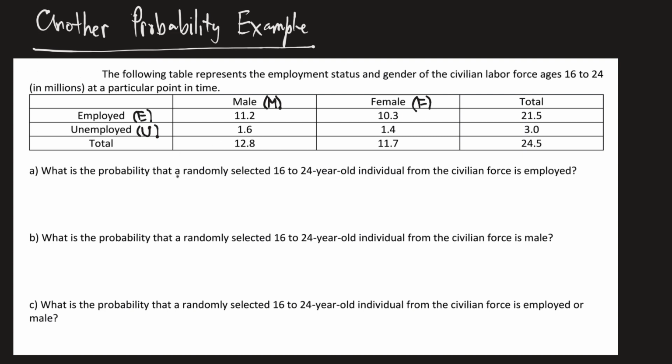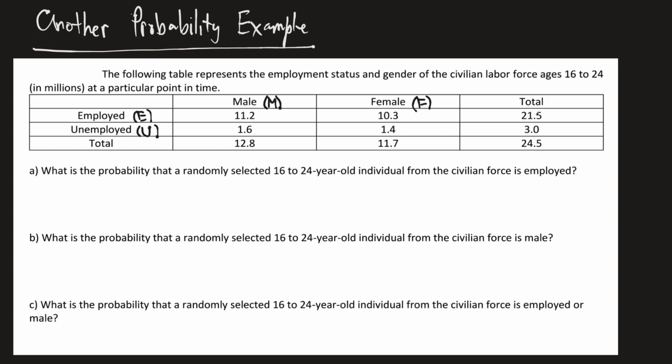It says, what is the probability that a randomly selected 16 to 24-year-old individual from the civilian force is employed? Well, employed, that means the person could be male or female, but with a total of 21.5 million